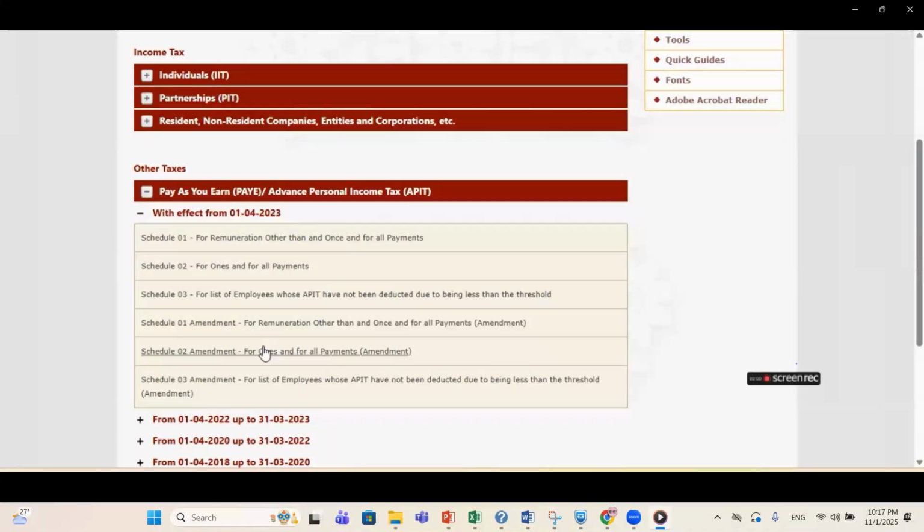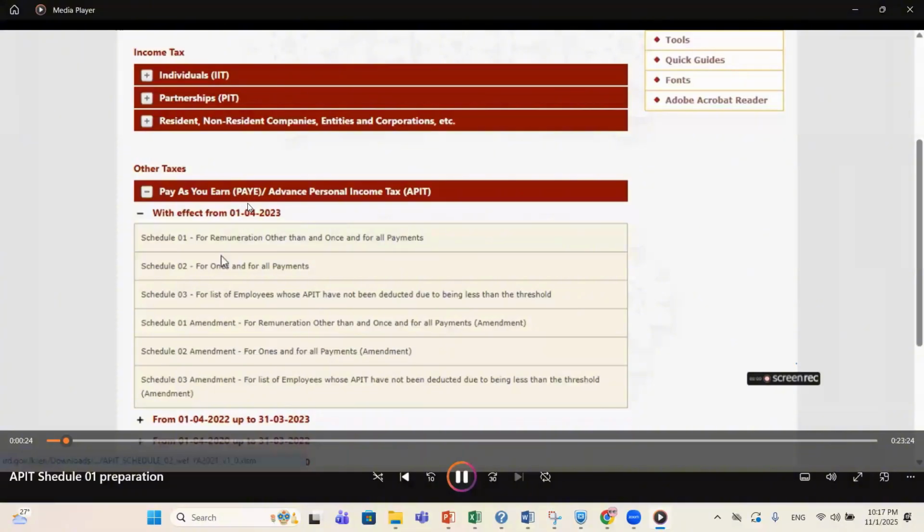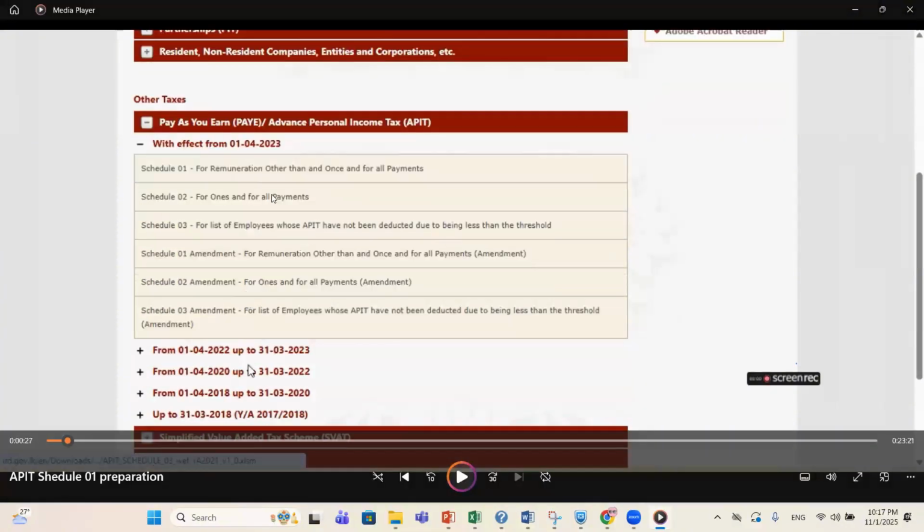If it is schedule 1, can you see schedule 1? There are schedule 1 for remuneration other than once and for all payment, and schedule 2 for once and for all payment.